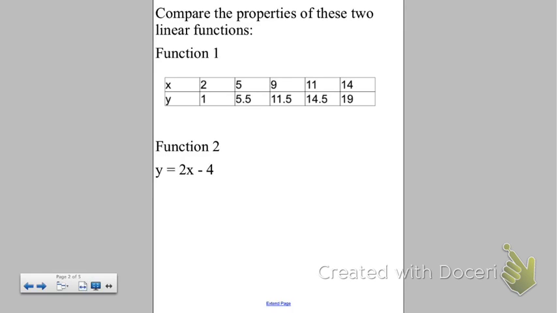So now this problem is a little different. This problem, they tell us that we have two linear functions. So I know they are both going to be linear. So when I know they're both going to be linear, I'm going to compare the slope and the y-intercepts. So I'm going to look at my function 2 first, because that's easier to determine what my slope and my